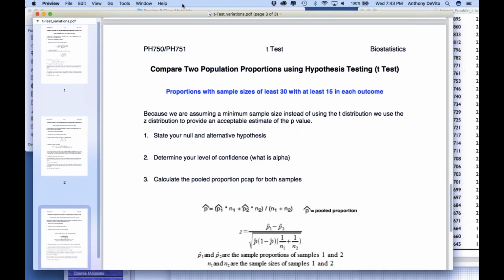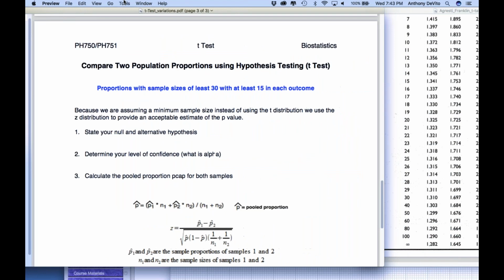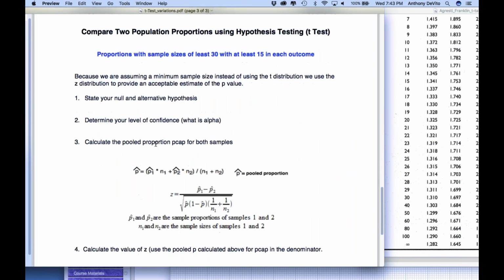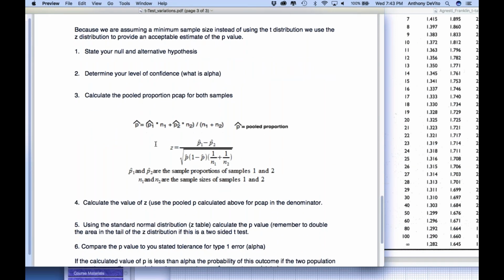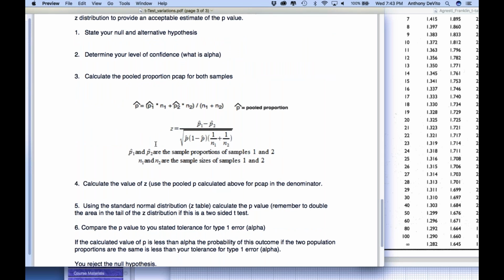Yeah, here we go. Now, what about if you have a proportion? Right? Why not use this for proportions as well? Okay, so now how are we going to do that? Well, when we're dealing with proportions, for instance, say we take a sample of people